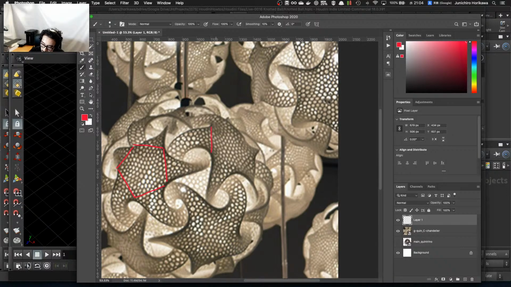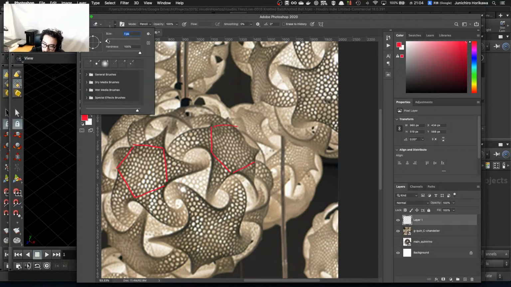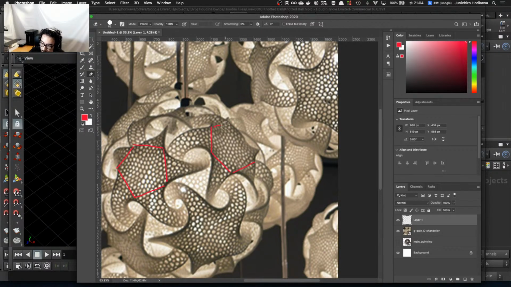So I see those pentagons. I'm going to make the size of the eraser bigger. I see some pentagons on top of this star shape,